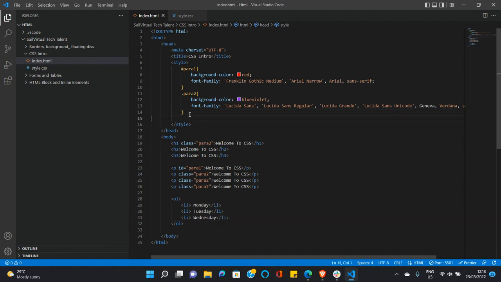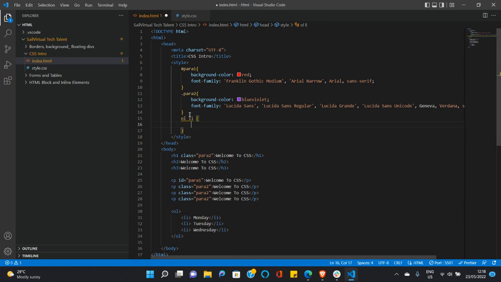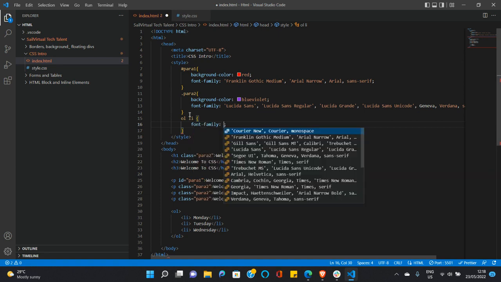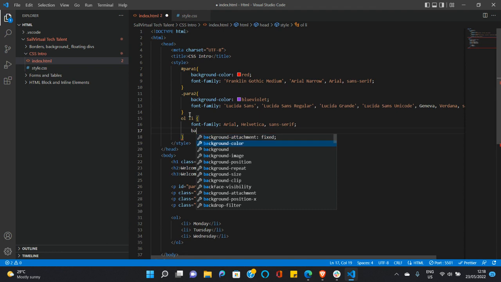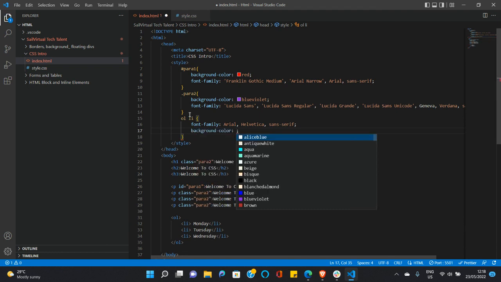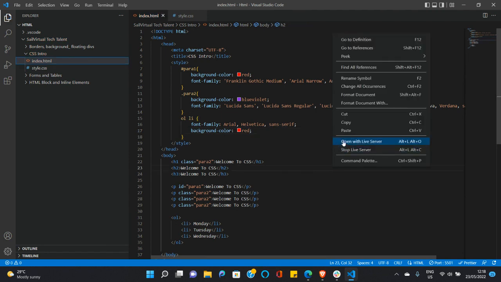by using the group selector in the style tags, you're going to have the very first superior element, which is the OL, then followed by the LI. So after this, you have the curly braces, and then you can do your direct styling. So we'll have the font family to be Arial, Helvetica. Also have the background color red. So if we save and open with live server,